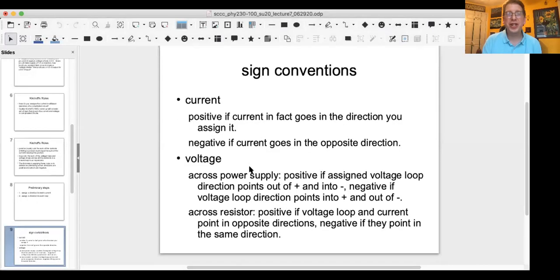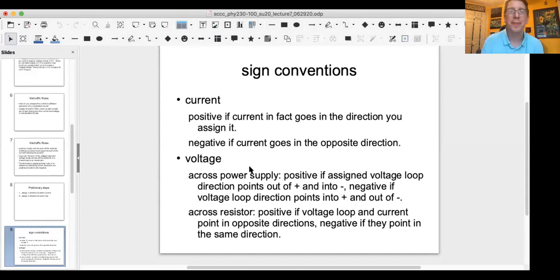Now for voltage across the power supply, again, it is positive if the assigned voltage loop direction points out of positive and into negative. And usually that's how you assign the loop. It is negative if the voltage loop direction points into positive and out of negative. Sometimes that might happen if you have a complicated combination of power supplies. You may get something like that, but usually you're going to draw the loops so that they're out of positive